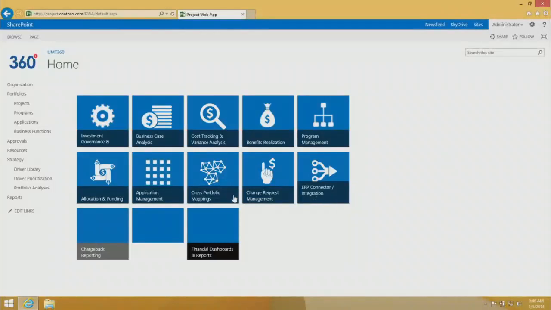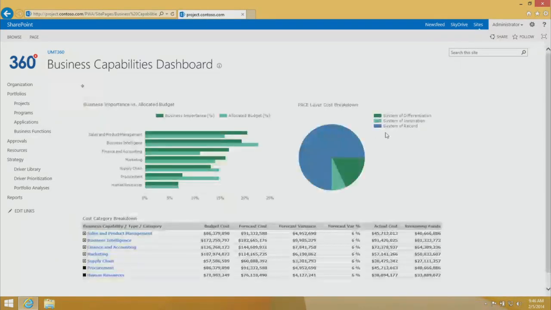Okay. So we get the tile view. We're going to actually look at application portfolio management. So if I click on the application management tile, we're actually routed to